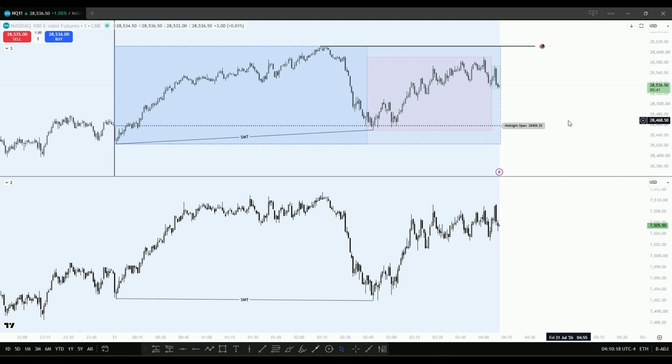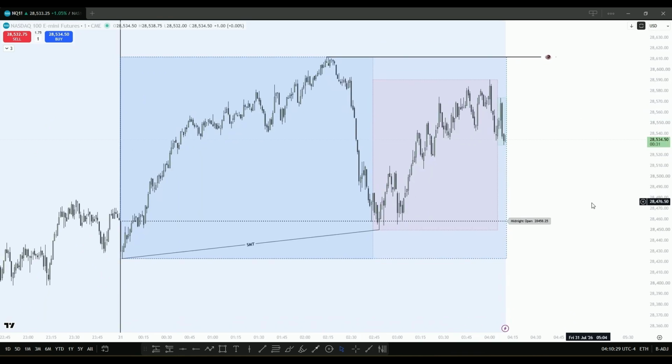So I'm gonna fast forward now the video until we either sweep this liquidity or we take the manipulation cycle low below midnight open, and then I'm gonna close the video without any comment. Okay,